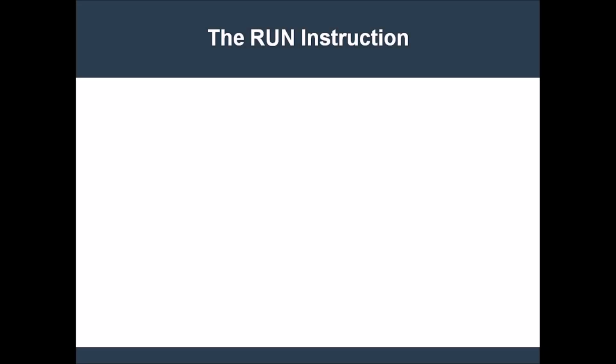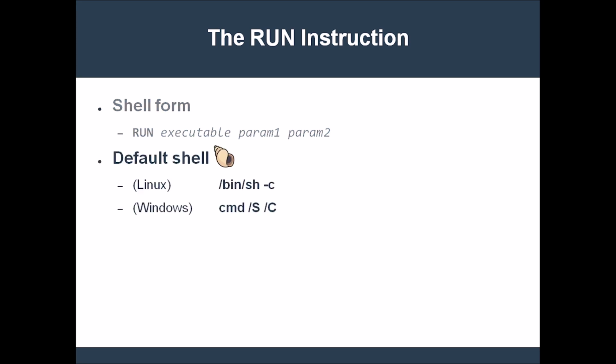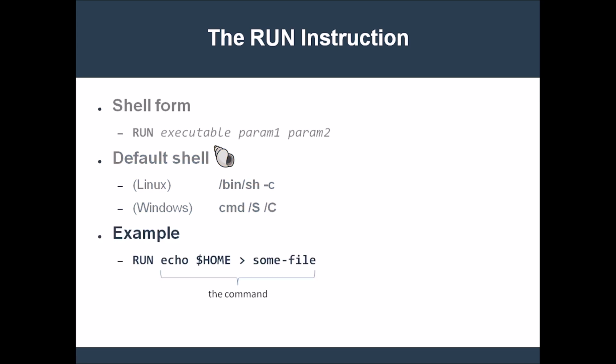There are two ways of writing the RUN instruction. The first one is called shell form, because commands in this format are executed in the default shell. This can be useful when you need capabilities like environment variable expansion, which is something that's done by the shell. For example,